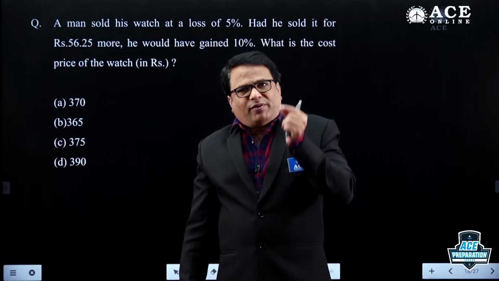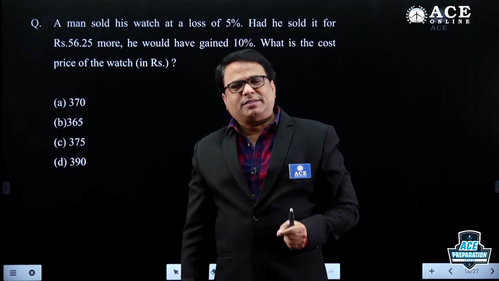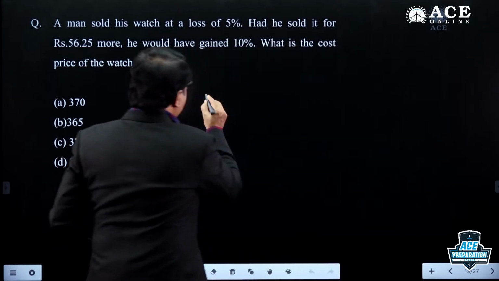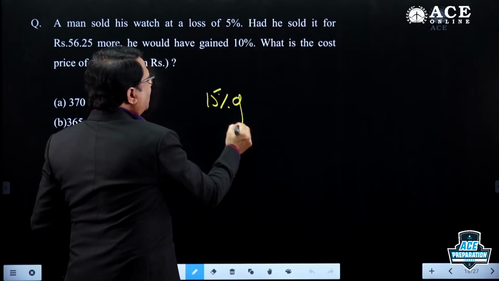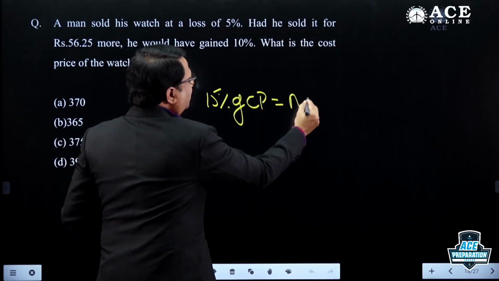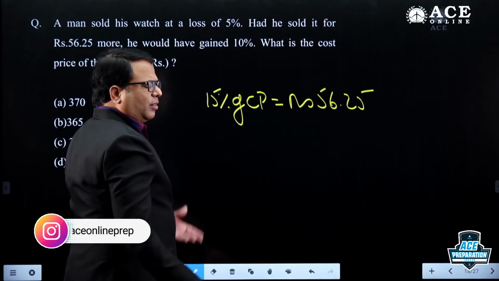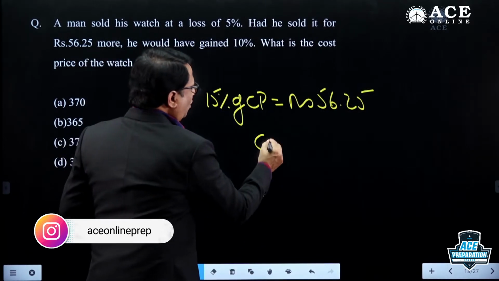That means 56.25 is equal to 15%. So I write 15% of cost price equal to rupees 56.25. Now do the calculations, you get the answer. So cost price is